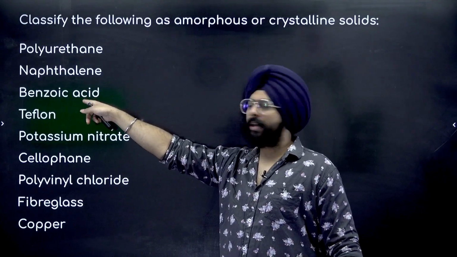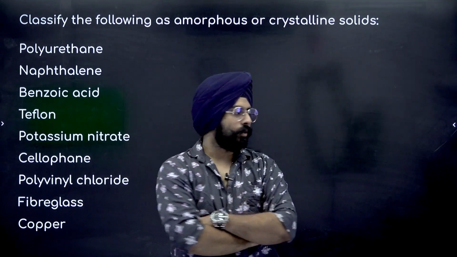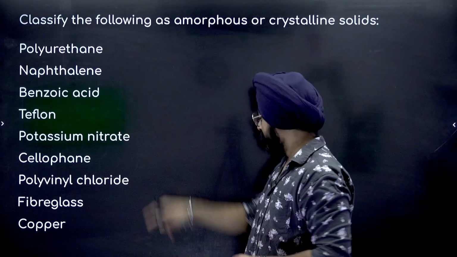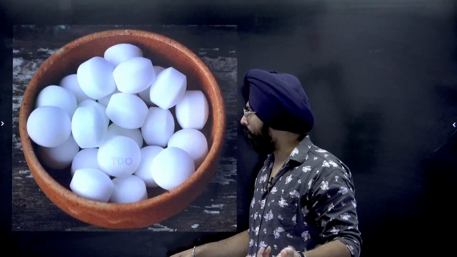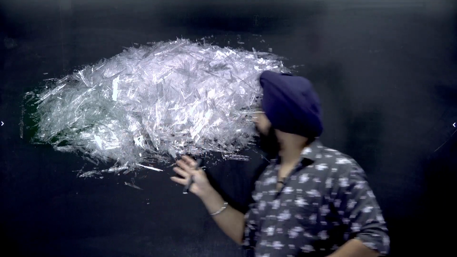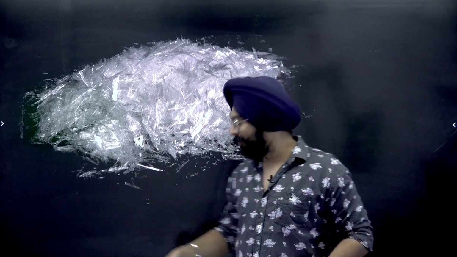Crystalline. Benzoic acid. A lot of you must be wondering, sir, shouldn't this be a liquid? Thinking of acid, it feels like it should be something liquid-like. But benzoic acid, when it is not dissolved in water, when it is anhydrous, this is how it exists. Tiny, tiny shards of glass kind of thing, okay? And these shards of crystal are crystalline, okay?